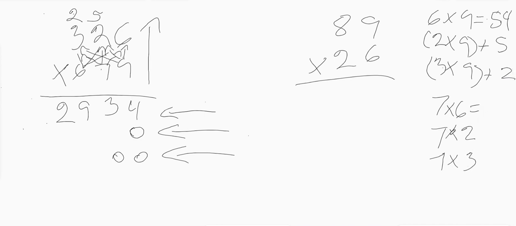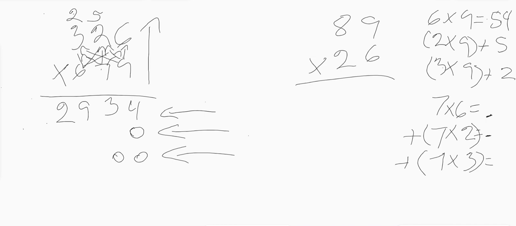Just like last time, your 7 times 2 is going to be plus the number that's going to be here, because this is going to be a 2-digit number. And then the same thing here, 7 times 3 is going to be plus whatever the 10-digit numbers here. So 7 times 6,